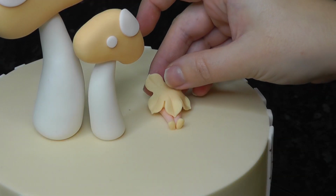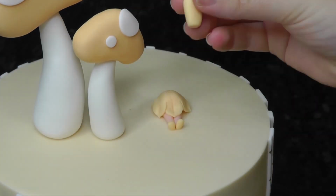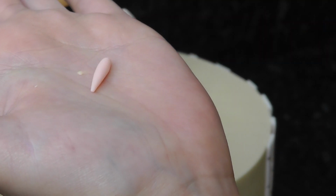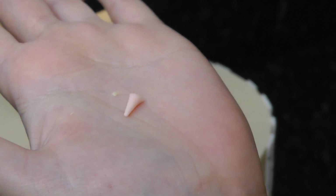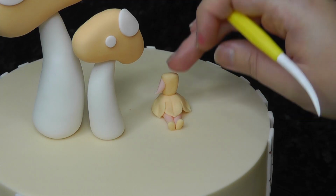Lay this over the dome, pushing the petals into place for a little skirt. The body is a soft rectangle of paste just pushed on top. The arms are also little flesh cones cut down to size. Never do this on your hand, I'm just stupid. Attach one to either side of the body and use a Dresden tool to help curl them up a little